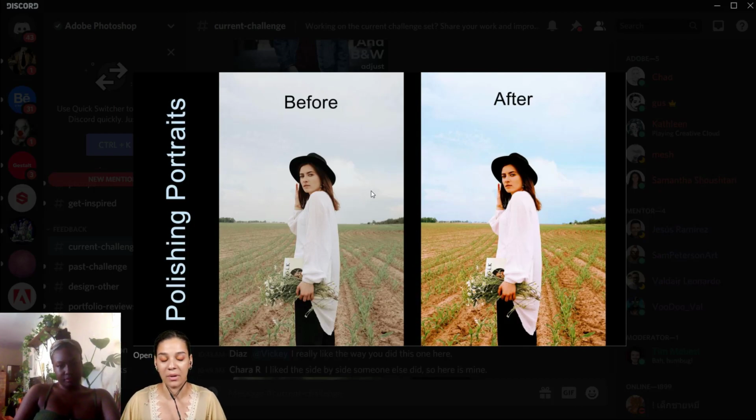What do you think about this one? I'm really enjoying this. I love it too. It's very whimsical, which I appreciate, and I definitely see this as a fashion ad. I love the colors. I actually want to go to that field myself. It looks very exciting. And I love how you added some saturation to the sky. Because in the before photo, the sky just seems a little bit flat, but you added that nice saturation to it, which really separates the grass and the landscape from the sky.